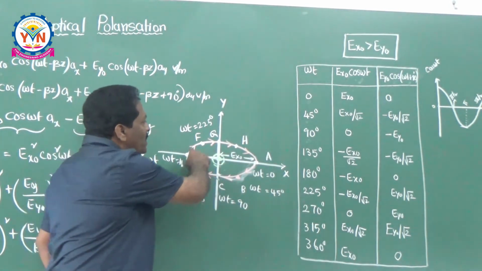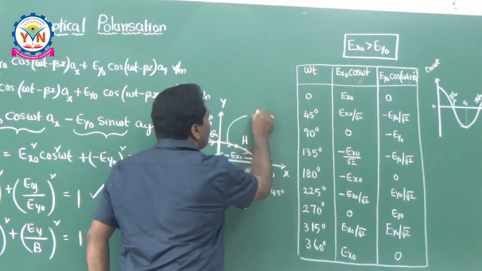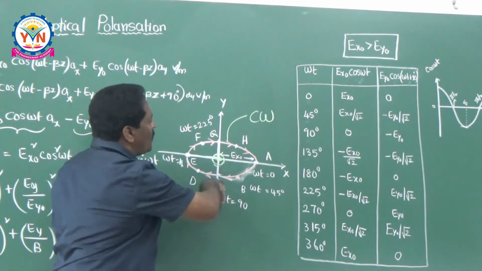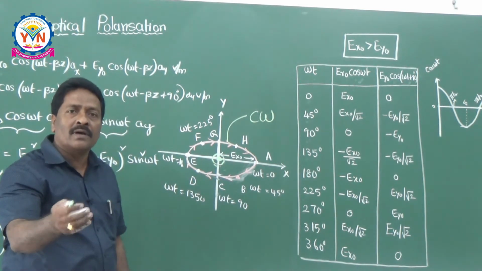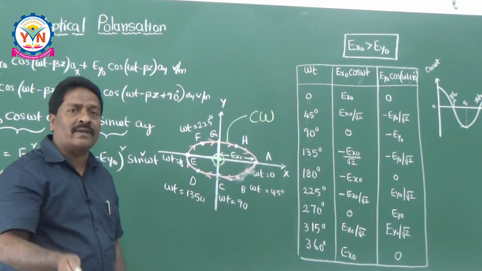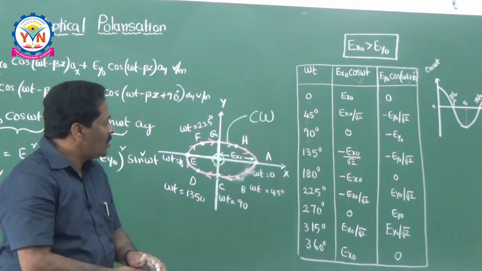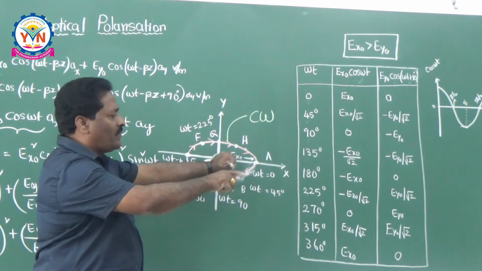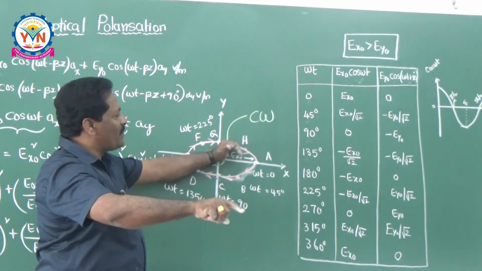So coming to the movement, this movement is called clockwise movement. If the movement is opposite, it is called CCW, counterclockwise or anti-clockwise, whatever it may be. So whenever you are doing like this, the thumb is pointing in the direction of the wave and the other fingers are matching this direction.